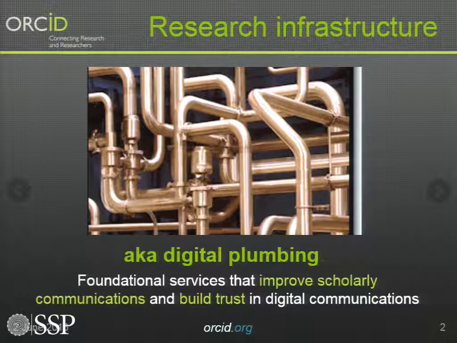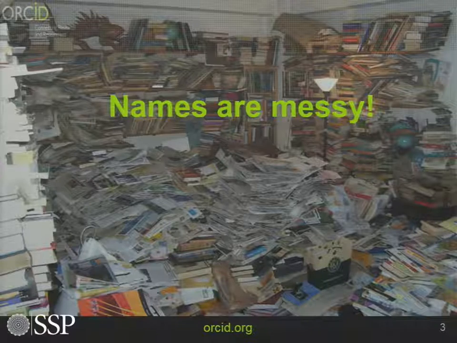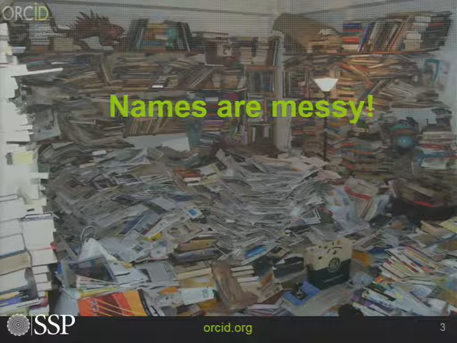Okay, so those of you that have heard me or anybody really from ORCID and probably other organisations talking about persistent identifiers will know that we like to think of ourselves as part of the plumbing of research infrastructure. So the stuff that happens below the surface but makes things easy, hopefully, and smooth for the people who are actually working in scholarly communications, primarily the researchers and also the organisations that they work for. So this digital plumbing idea where we're really providing these foundational services that will both improve scholarly communications and also, importantly, build trust in digital communications. And persistent identifiers are an important part of that.